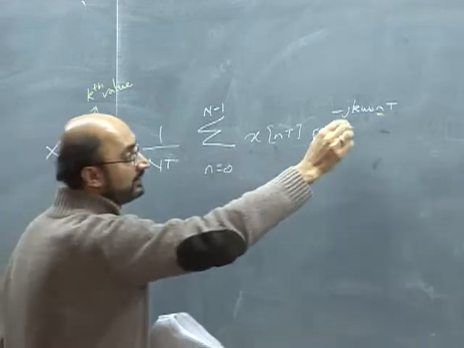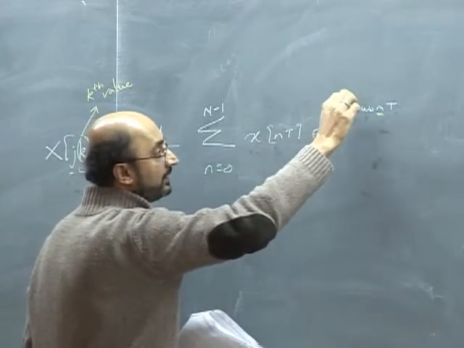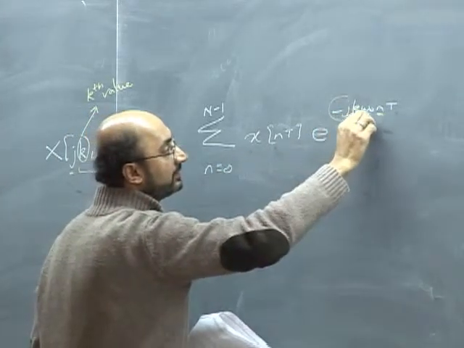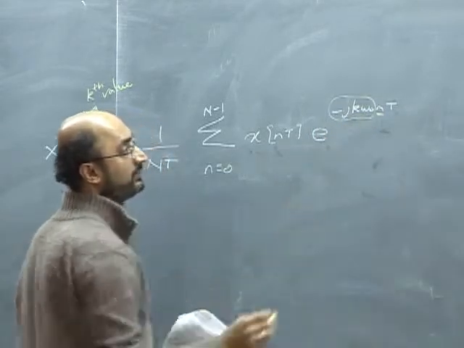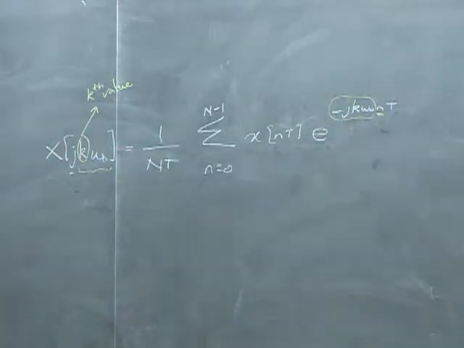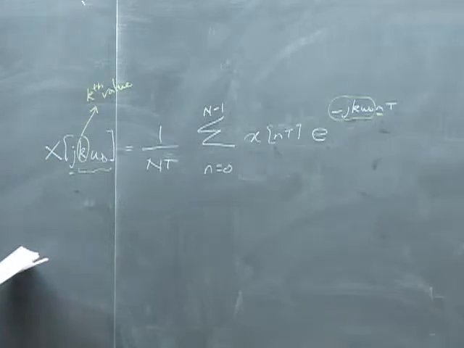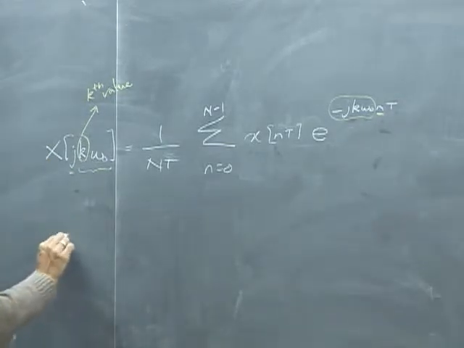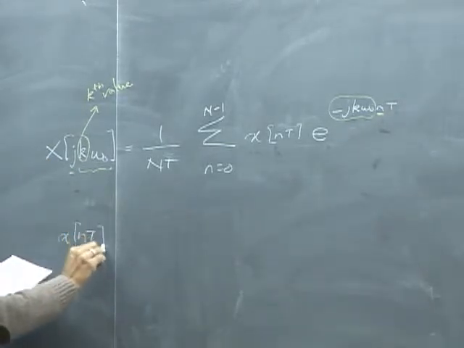So we keep e to the j k omega naught constant if you think about it, and then we're multiplying by e to the power nT, where n goes from 0 to N minus 1. That's the definition of the discrete Fourier transform, the DFT, and then the inverse transform is given by x[nT]